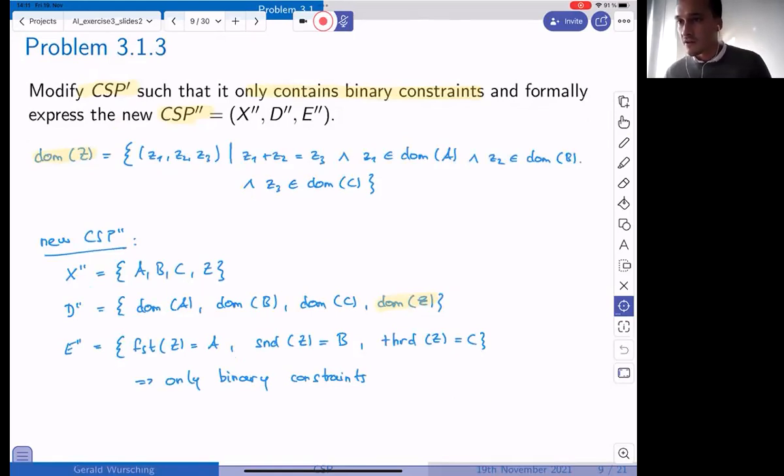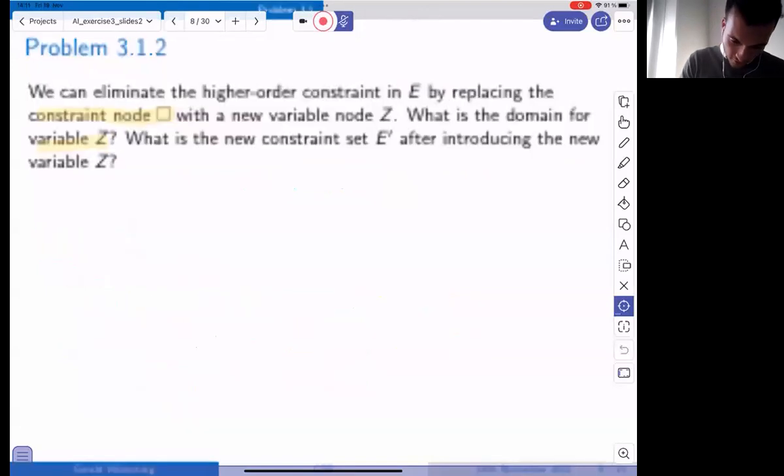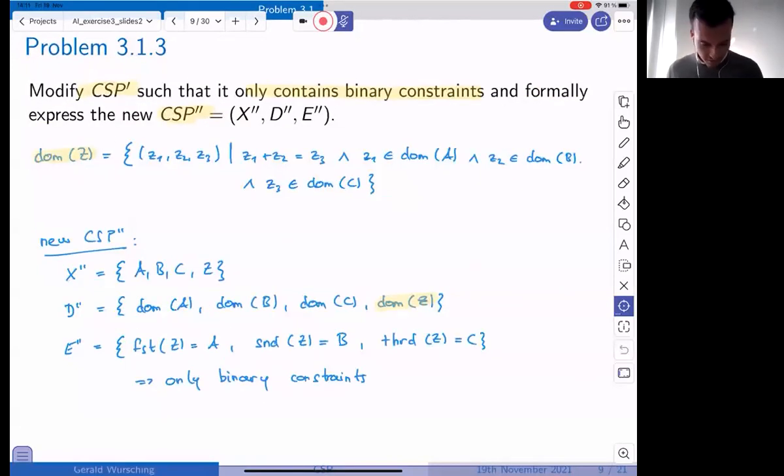Okay, here it's: aren't all the constraints considered in domain Z? Okay, I guess it's referring to that, Z1 an element of domain A, Z2 an element of domain B. Let me check quickly. It's a good question.